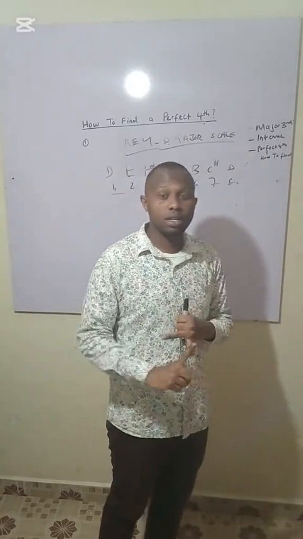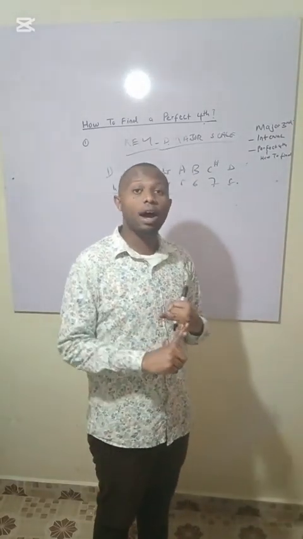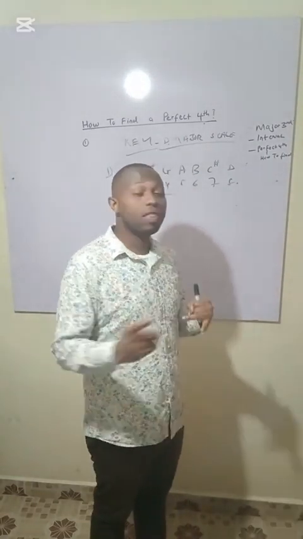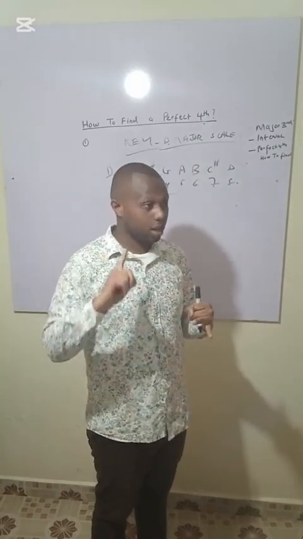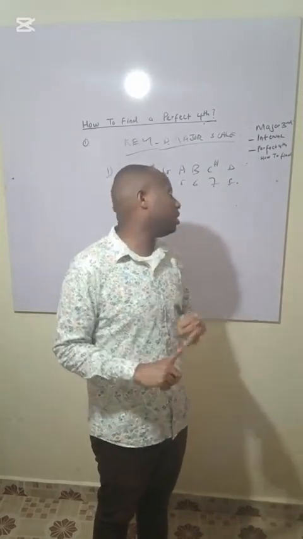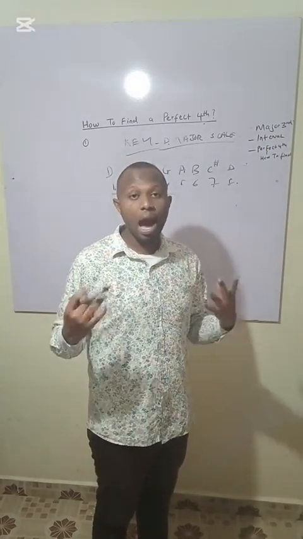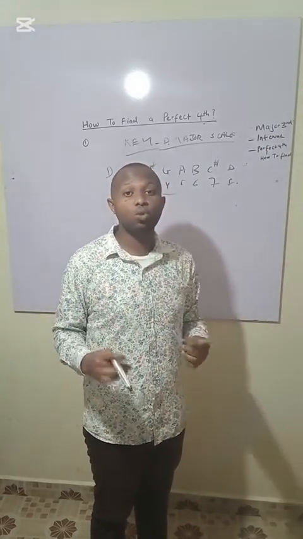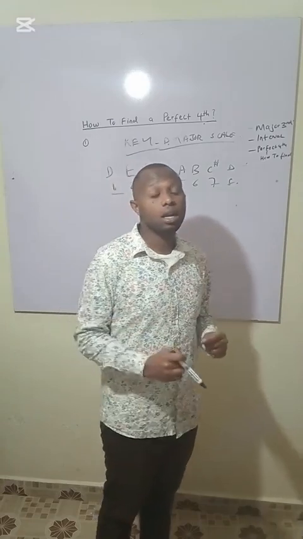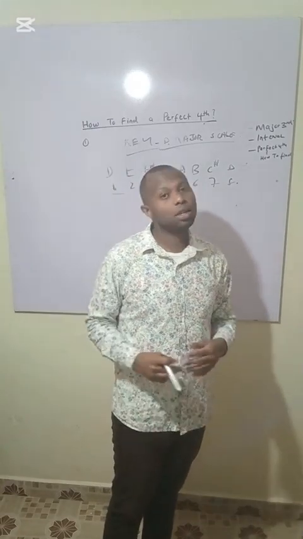So guys, to summarize this video, how do you find a perfect fourth interval? Number one, I have said a perfect fourth interval is 2.5 whole steps. And also another way to find it is a half step above a major third. And a major third I said is 2 whole steps. Then also I have said a perfect fourth interval takes us to the fourth note of a major scale. So guys, once you understand that, you're going to be